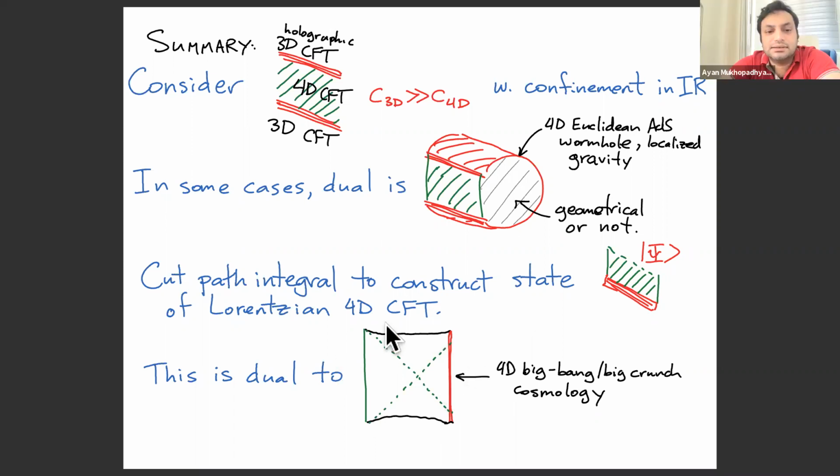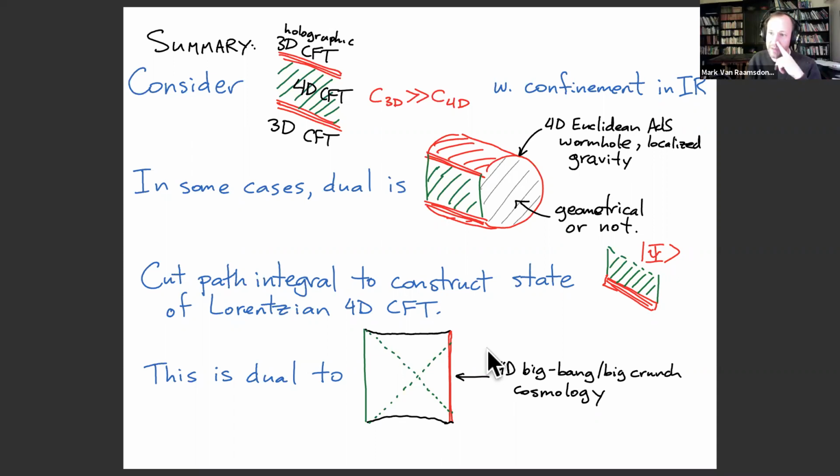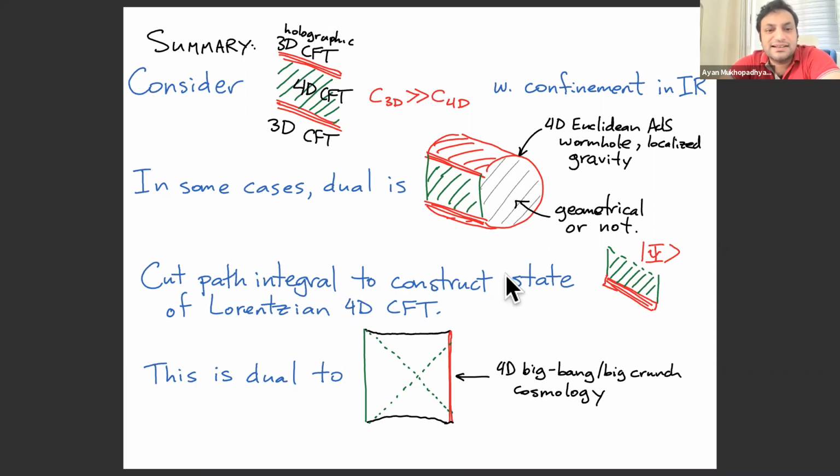And yes, that state encodes this full time-dependent geometry, if you want. Okay, I see. I understand. So now, it might be very naive again, but I don't understand how these two 3D CFTs are coming together when you do this analytic continuation. This is what I'm getting confused about.